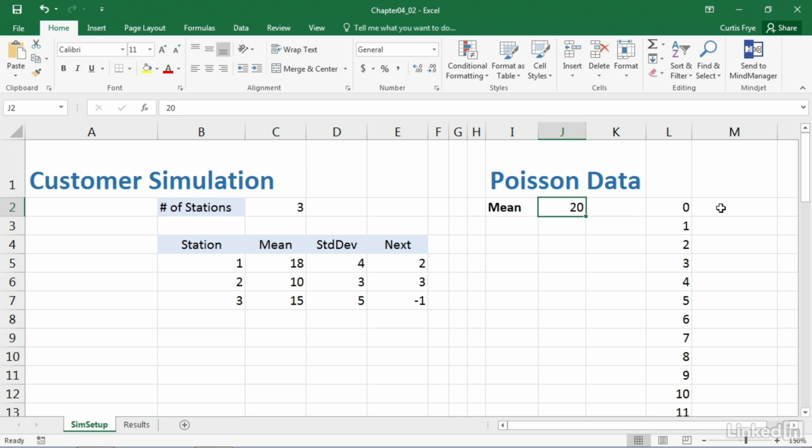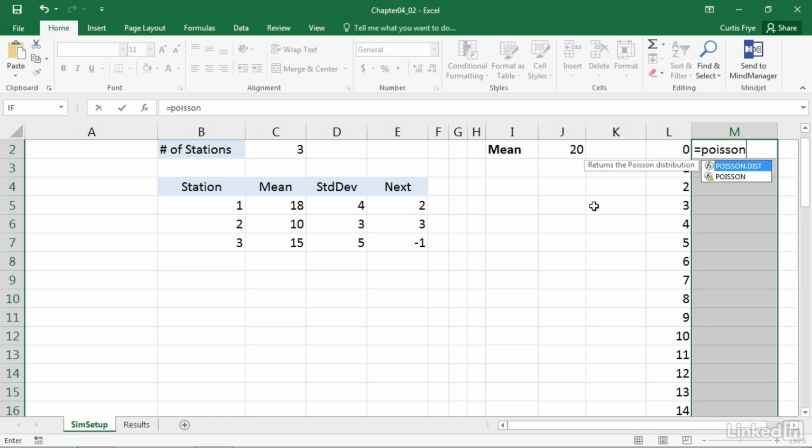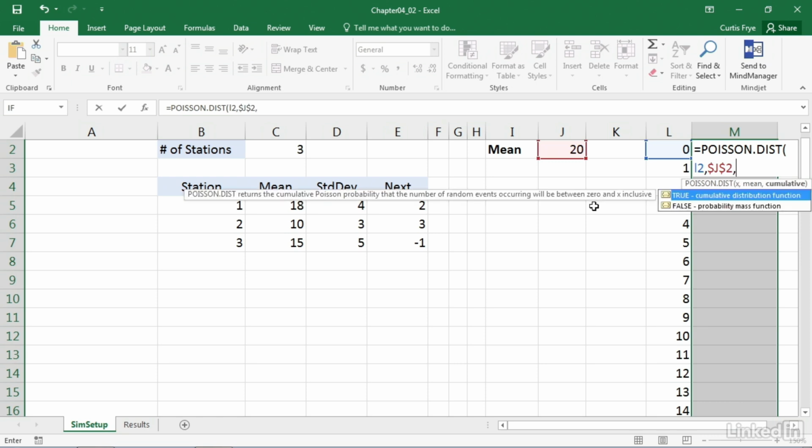So to do that, I will select cells M2 through M55 by going to the name box and typing M2 colon M55 and enter. Those cells are now selected, and the active cell is still M2. So I will type in the following formula: equals POISSON.DIST, L2. I'm typing that value as a relative reference so that it will change, then a comma. Now I need to type in the mean, and that is in cell J2. But I want that to be an absolute or unchanging reference, so I'll press F4, then a comma,